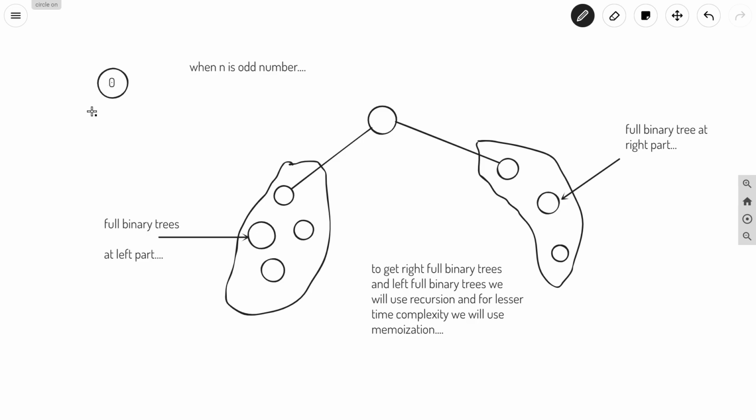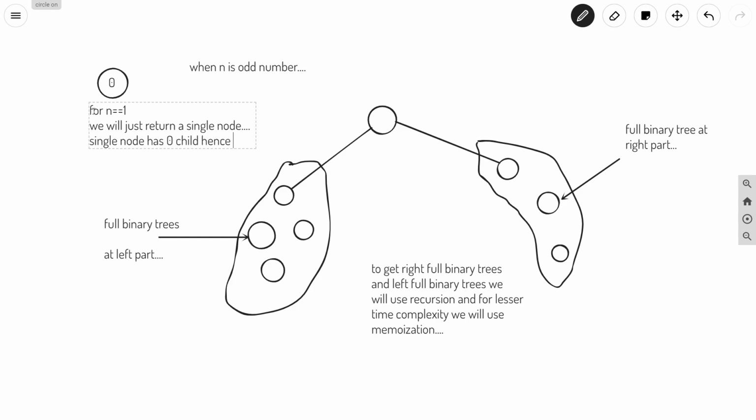So for n equal to 1, we will just return a single node. A single node has no child, so it has 0 children,